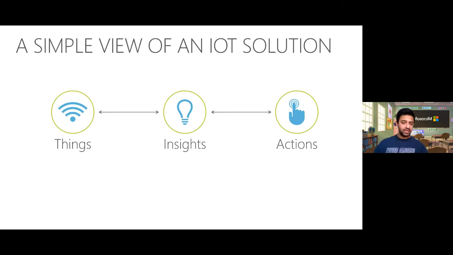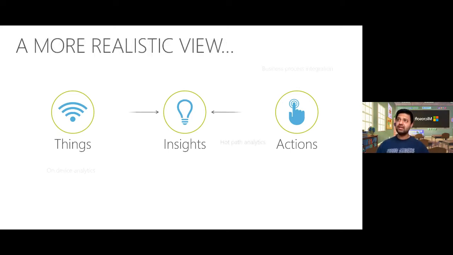Could be some sensors in the lifts that ensure predictive maintenance can occur when parts are about to go end of life. Could be motion sensors to detect if there are people in specific parts of the building in a fire scenario. So things are effectively IoT connected devices that can send us data. Insights, what can we do with that data that we receive from these devices? And actions, the various scenarios that we can achieve as a result of these insights that we've been able to get. So it's a very 1,000-foot view of an IoT solution, but in reality, it's not as simple as that.